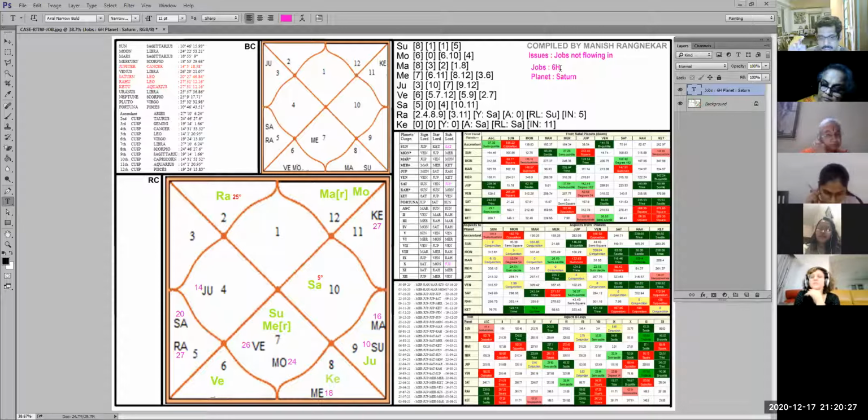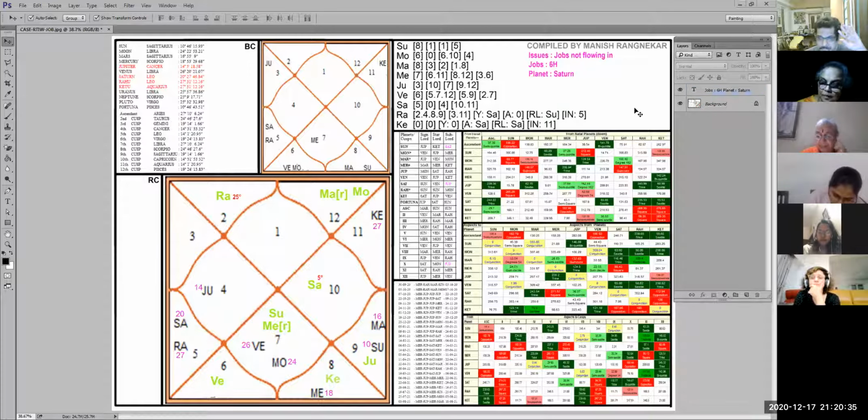This was A1 and A2. Have we done our job over here, A1 and A2? We have done a bit, right? We have understood which is the house which is affected. Now in this thing, if you ask a planet, jobs flowing in or recovery of money, there is no planet which is associated with that directly. Because money will be Mercury also, Jupiter will be growth, and Saturn will be Karma Karak also. Like that, all the planets will show their signification in that.